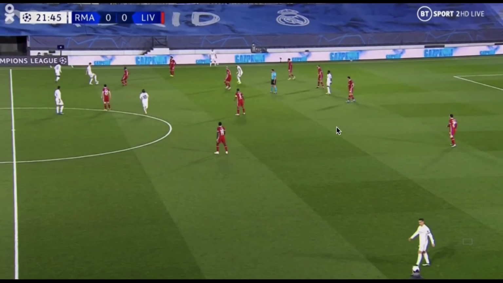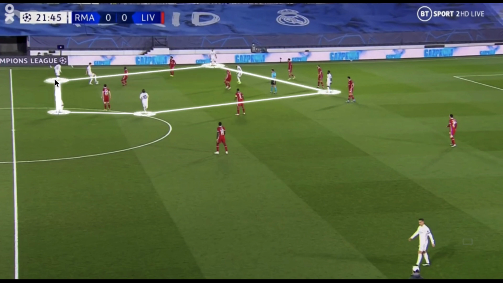So now we see again the Real Madrid shape, but this time we look at the numerical overload that Real Madrid in possession used, and we can just see how many players are around the ball on one side, with Toni Kroos and Luka Modric being able to drop deeper, then pinning the full Liverpool team to one side, creating overload and isolate principles, trying to use the range of Toni Kroos and his passing ability in possession of the ball,